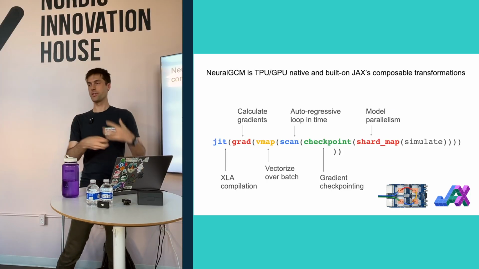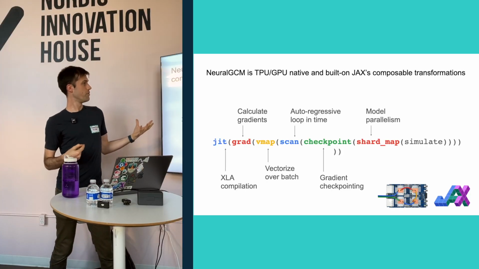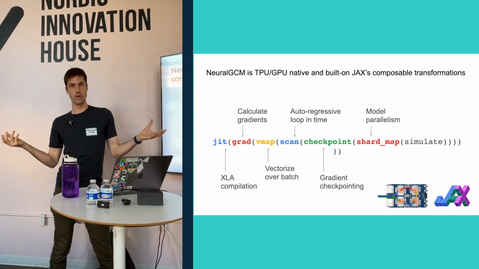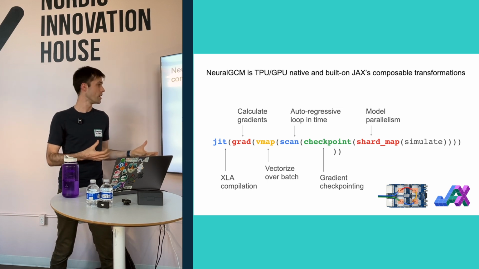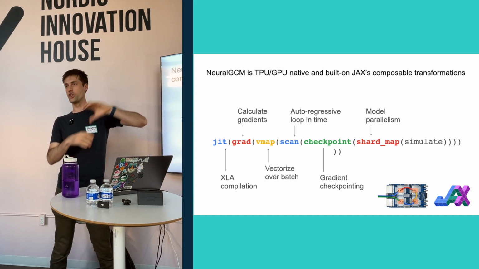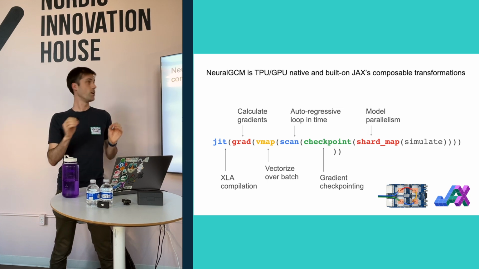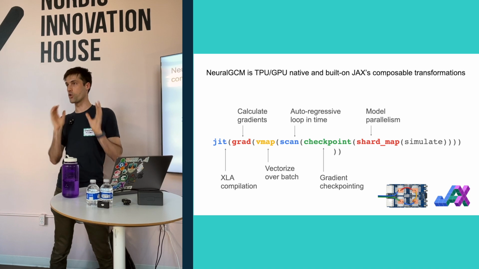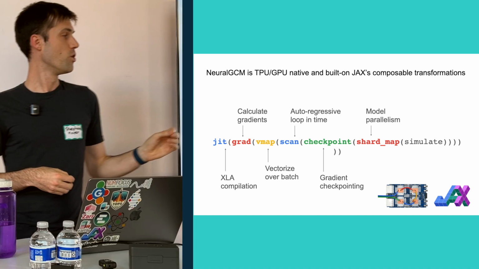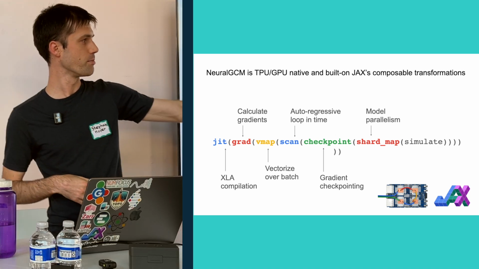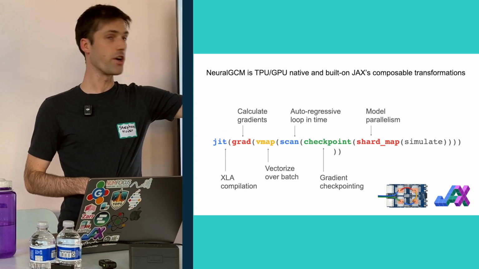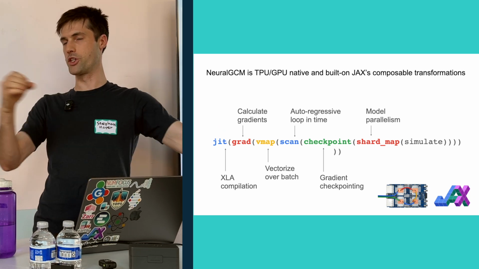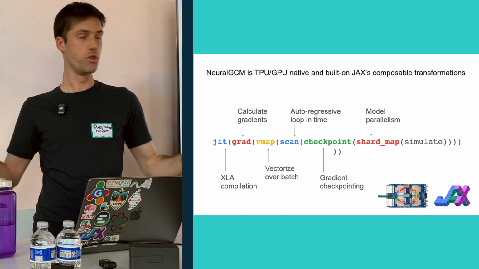We built this on top of JAX, so now you have a modern programming language instead of Fortran, and we can use all the JAX magic that makes it a really powerful tool for building large-scale AI models. A lot of that is also incredibly useful for building simulations. We can do various code transformations, and we can very easily distribute our model across a whole bunch of different Google TPUs or GPUs.